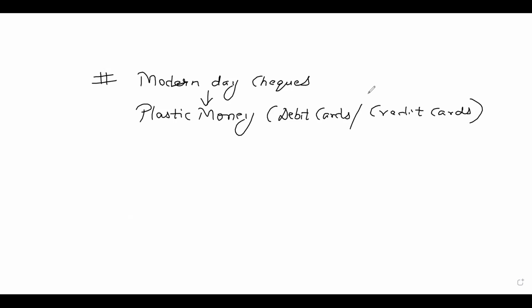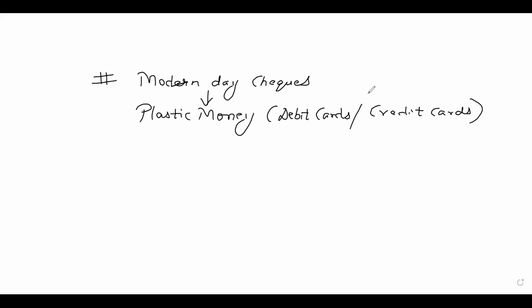Okay, and if I talk about credit cards, then if you're using a credit card in a transaction, the money is paid by the credit card company immediately, and you become liable to pay the credit card company. There's a billing cycle every month, and you are required to pay the credit card company a certain amount of money which was paid by the company during the transaction. So credit cards allow you to buy goods and services even if you don't have money right now. On your behalf, the credit card company is going to make the payment, and then you are going to pay the credit card company in the defined billing cycle.